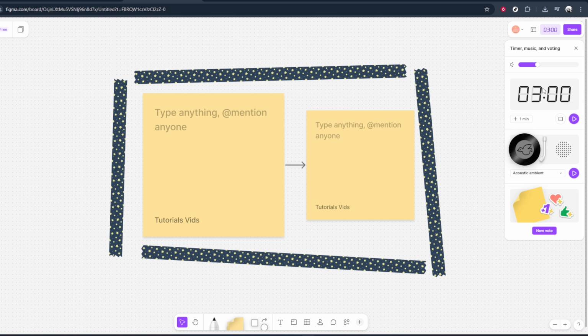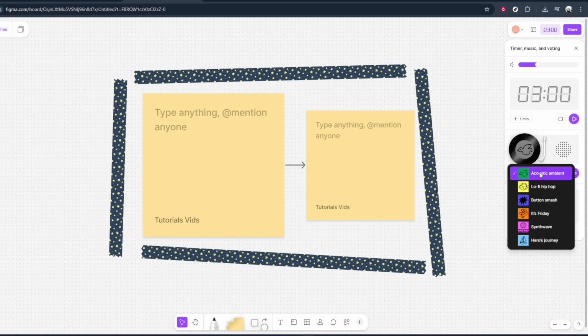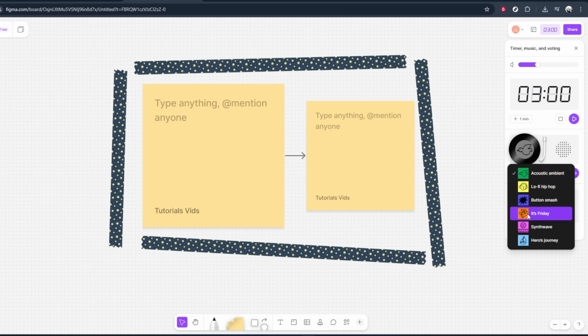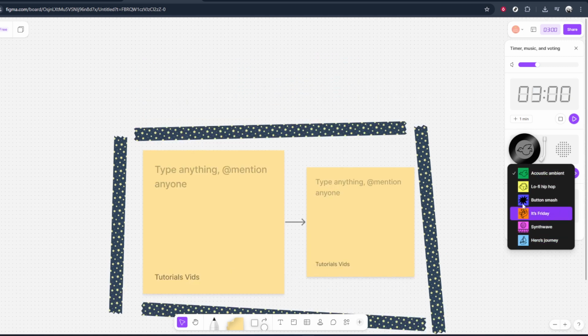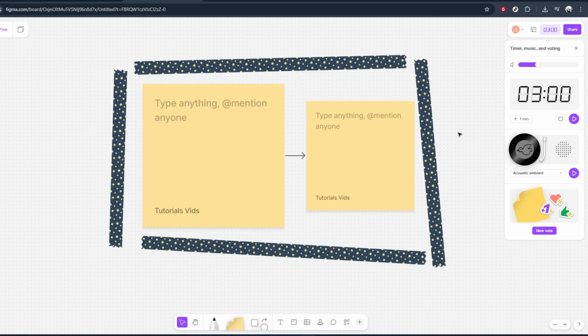That's all you need to start jamming in FigJam. Open your board, click the music icon at the top right, and then hit the play button. Once the music is going, you can focus on your ideas while enjoying